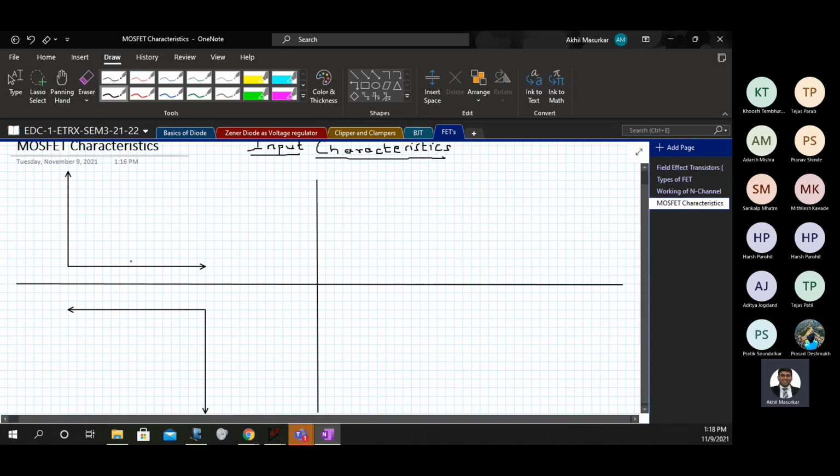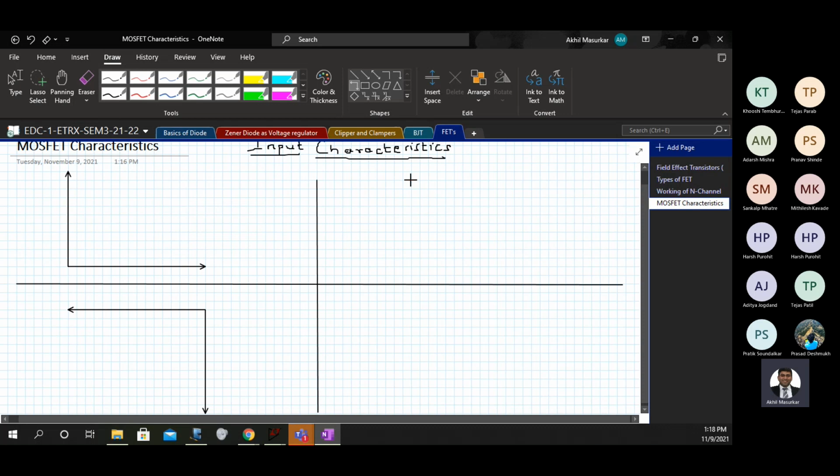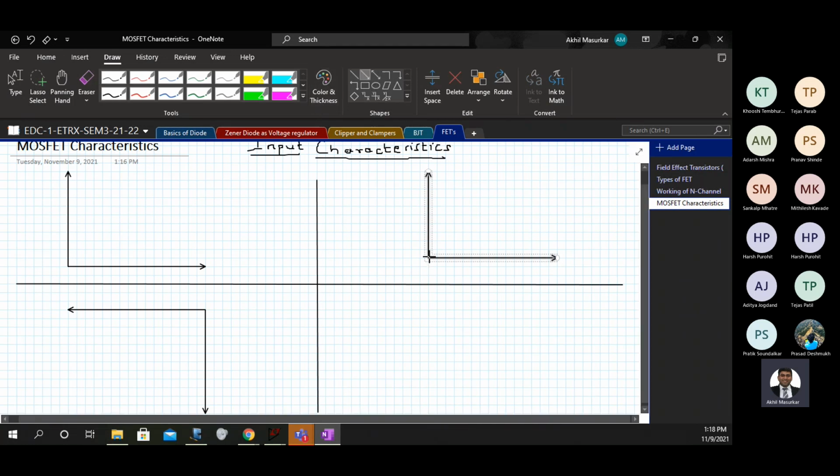And then we will see, so these both will be enhancement type, okay? And then we will see the input characteristics of depletion type transistors, which would be somewhat like this.